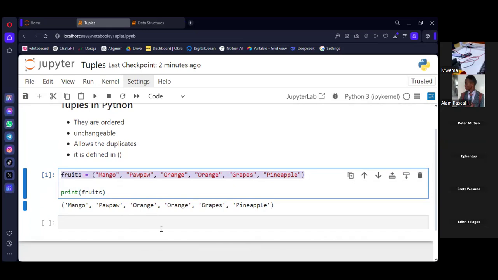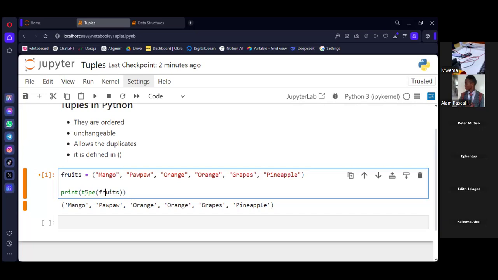let me see in the chat. Anyone to get the data type of this object? Yeah, type fruits. We're going to use the type function, and a function in Python must have what? The parentheses. A function or method must have the parentheses. If that method takes an argument, you can pass in what?